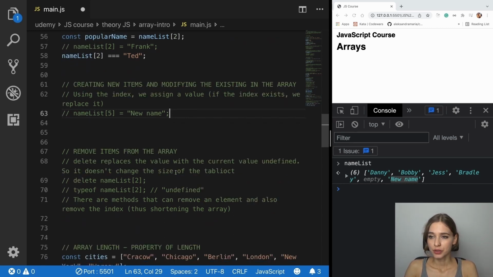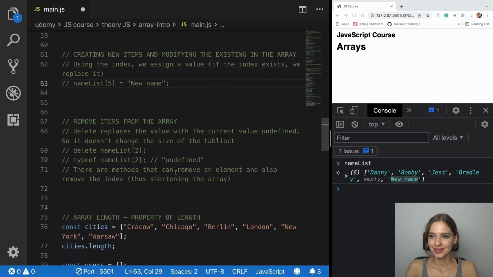Remove items from the array. Okay, so delete replaces the value with the current value undefined. It doesn't change the size of the array. So if I'm going to do delete namelist[2] here,